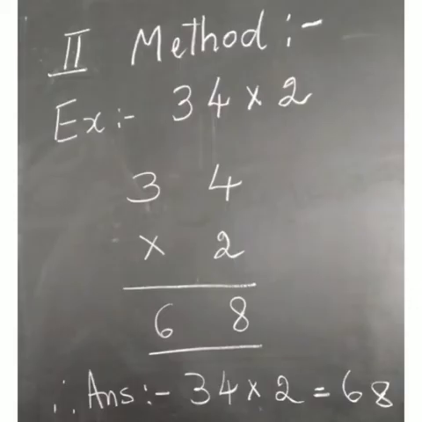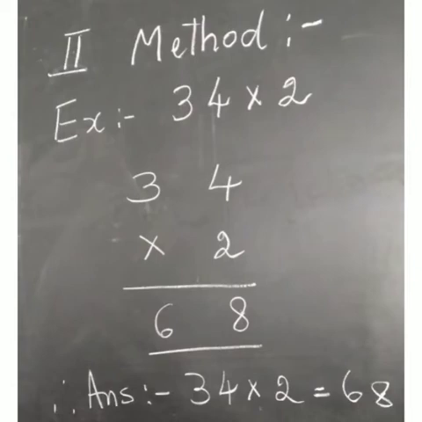You go through it. Now, children, the vertical method which you are supposed to follow in your higher classes, you have to learn that also. So 34 multiplied with 2, I will tell you how to do. I will explain it to you. Now you have to write in vertical form as shown on the screen. Now 34 multiplied with 2.